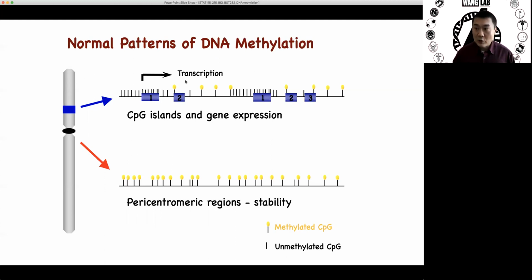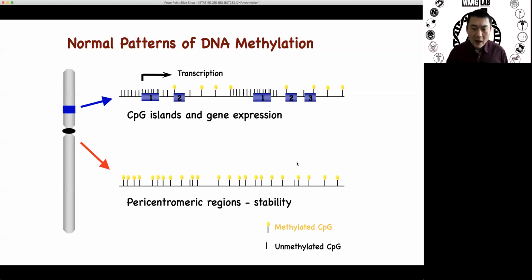So this actually allows transcription to happen, right? It doesn't guarantee transcription, but this is sort of allowing transcription to happen. So in intergenic region and in gene body, right? So these CpGs are usually methylated, and in intergenic region, you actually see reduced CpG density for reasons that we